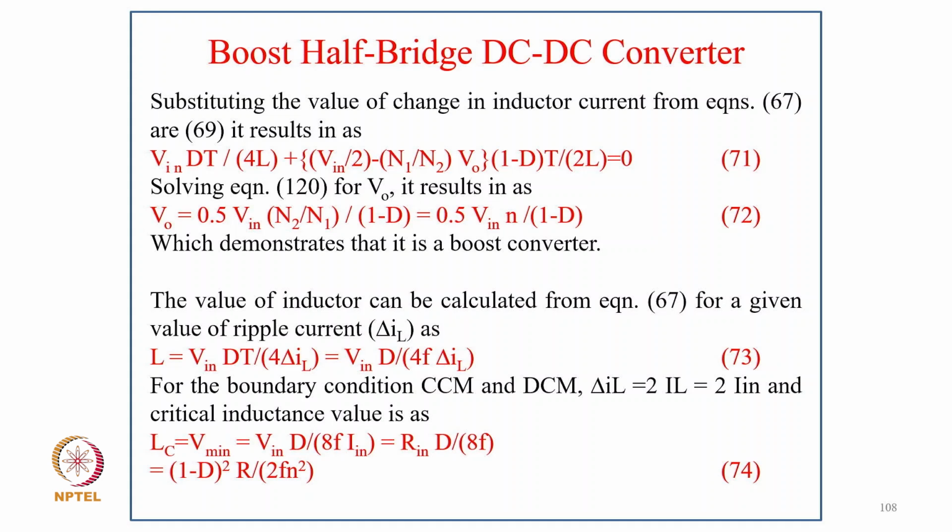The value of inductor can be calculated for a given value of ripple current. So L equal to Vin dt divided by 4 delta IL, or equal to Vin D upon 4 F delta IL. For the boundary condition between CCM and DCM, delta IL equal to 2 IL equal to 2 IN, and the critical inductance value is LC equal to Vin into D upon 8F IN, and that is equal to Rn into D upon F equal to 1 minus D square R upon 2